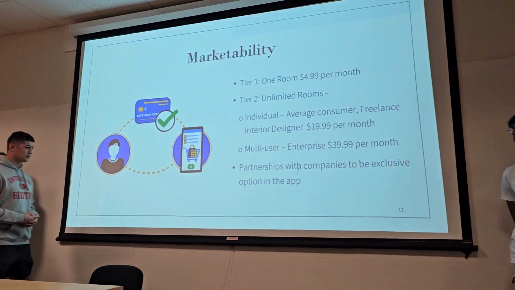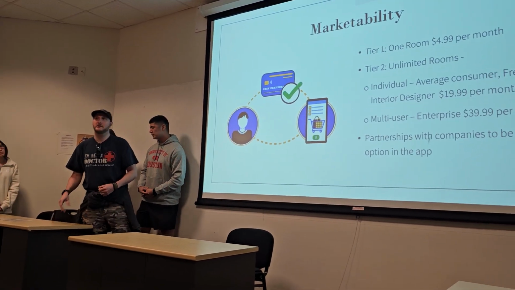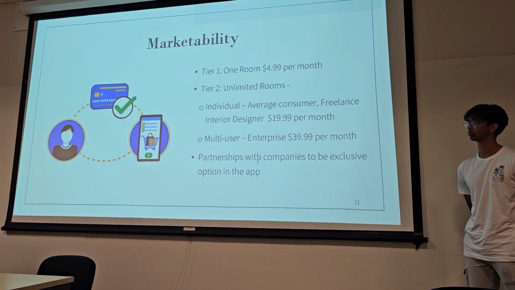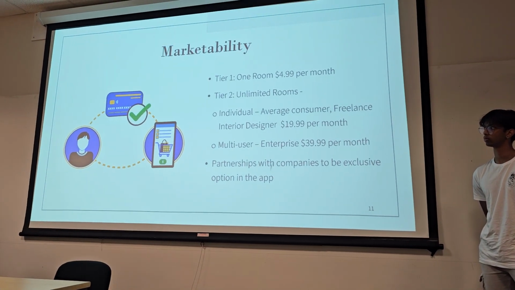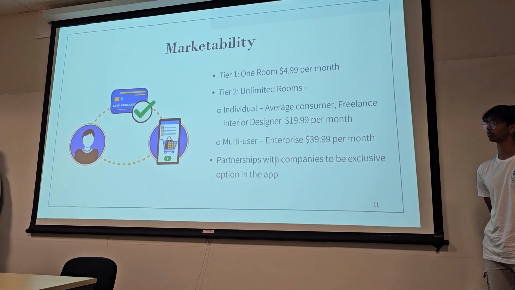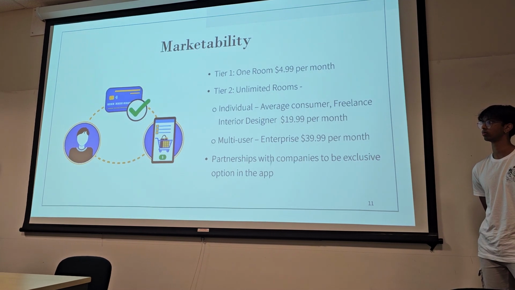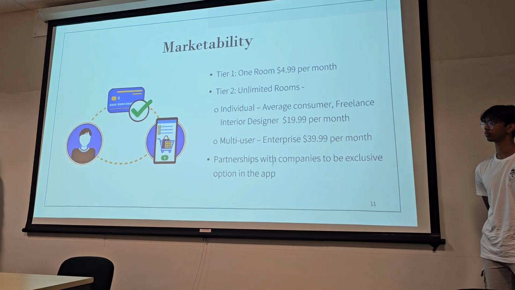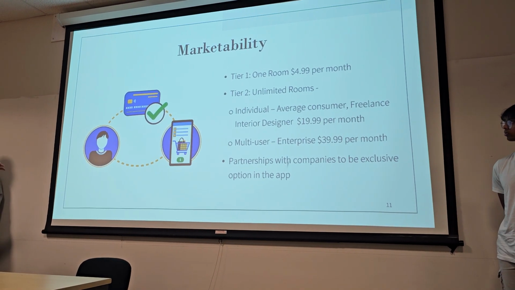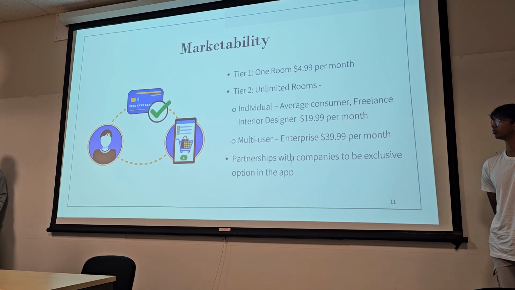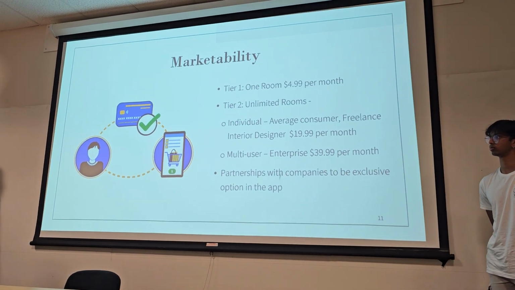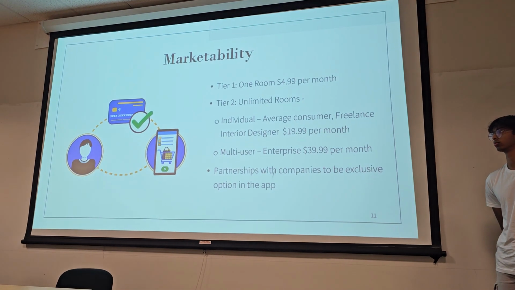So as far as marketability goes, we're considering a subscription plan. With tier 1, the user would be allowed to use one room for $5 a month. If they want to create another room, they'd have to delete the old room that they've created, and then they can create a new one. Then we would go to tier 2, which would be individual or enterprise, multi-user. They would be able to use as many rooms as they want. They could set up this room, add another room, add another room, and